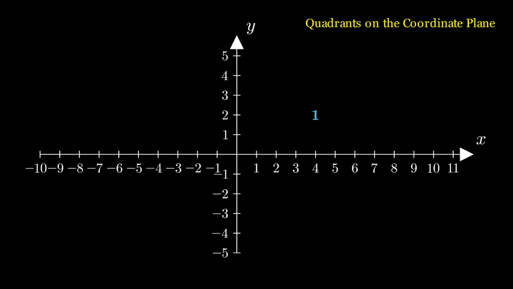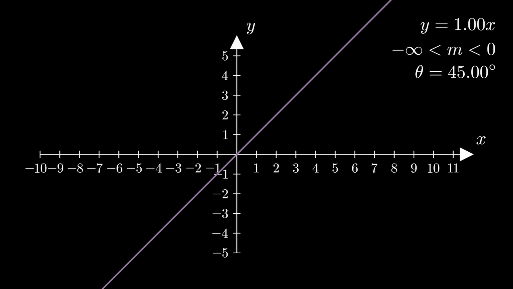Let's move on. Now, we'll discuss the 4 quadrants of the coordinate plane. They are numbered in a counterclockwise order, starting from the top right quadrant. We've analyzed values of m ranging from 0 to 100. Next, let's explore what happens when m takes on negative values.